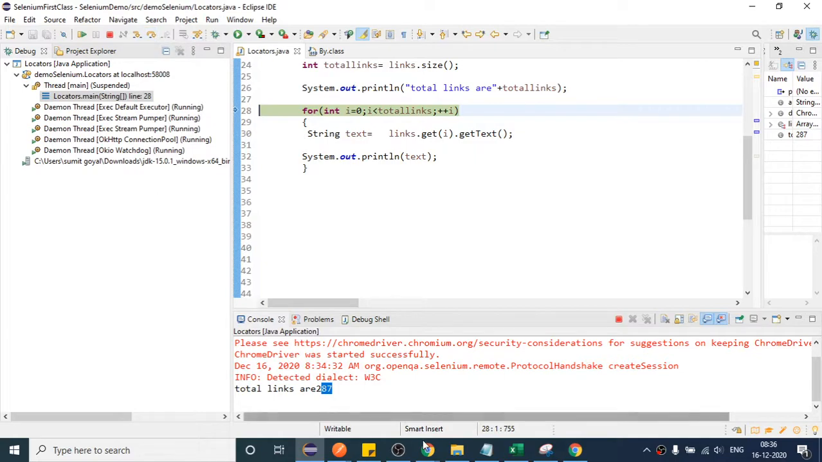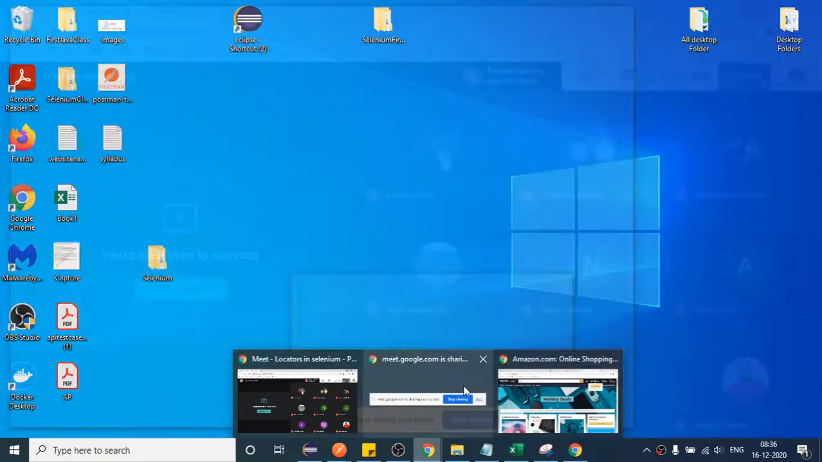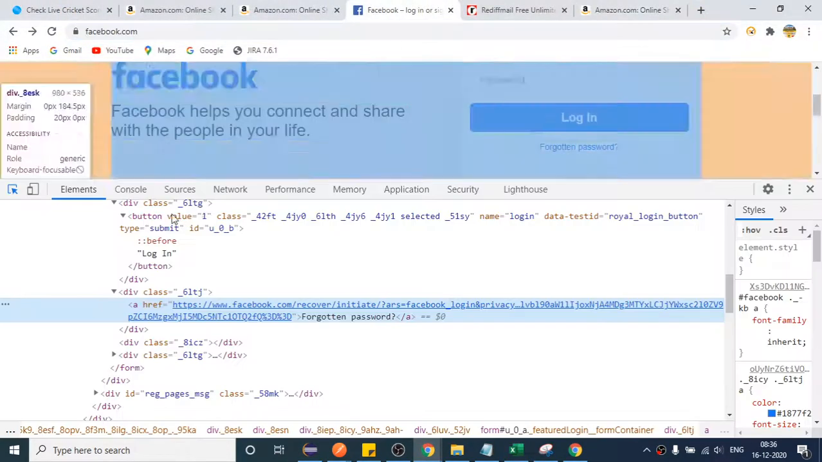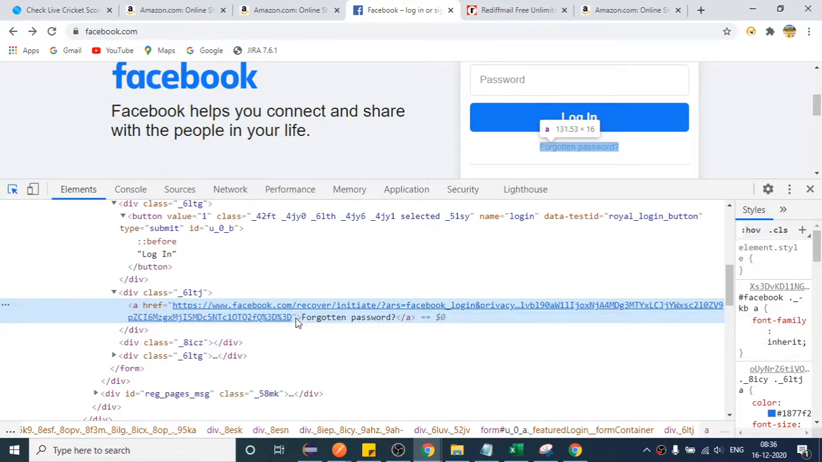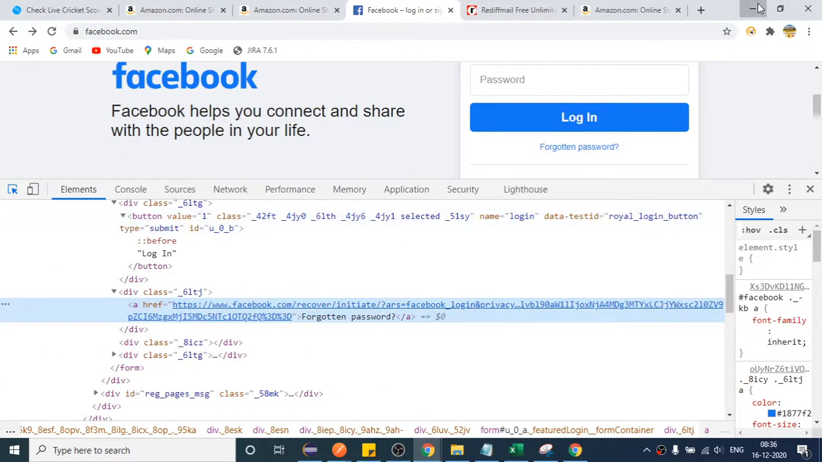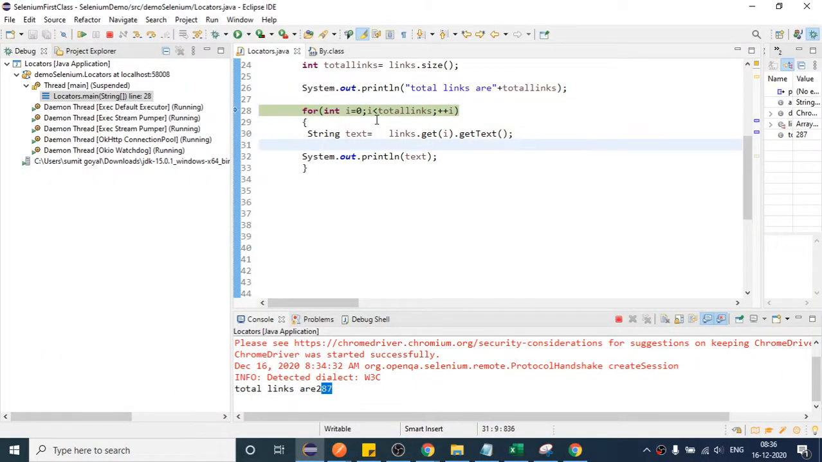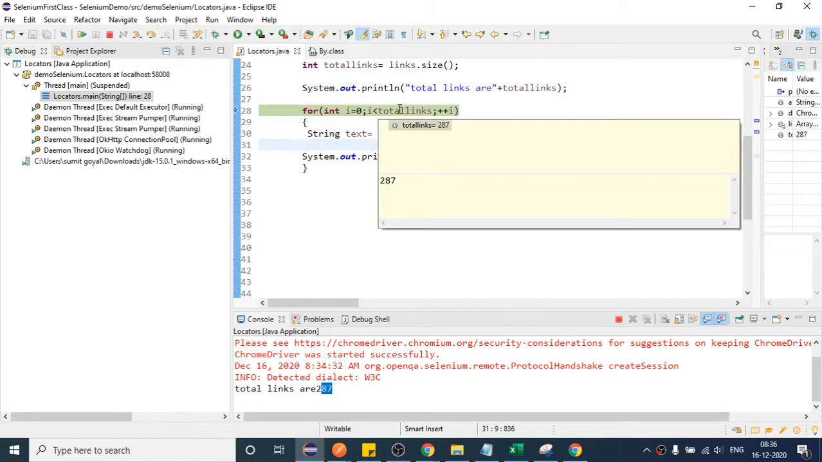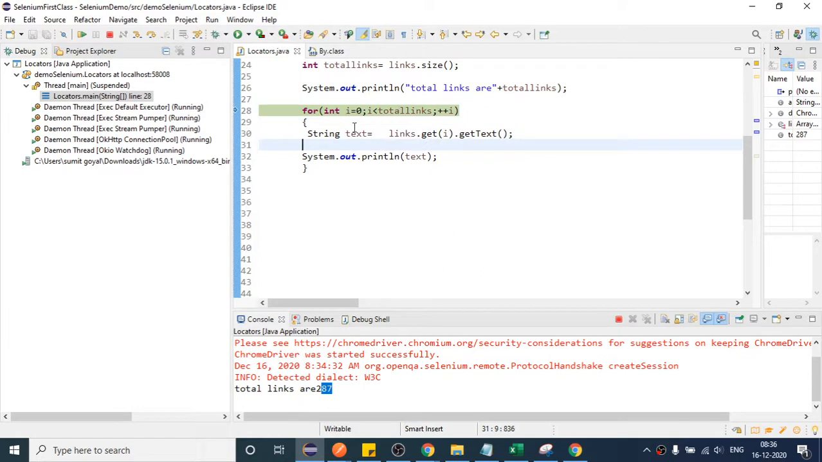Sorry, I want to print the link. What I am trying to do: if you see, this is the link. I want to print this link, whatever link you are seeing here. How can we do it? I have used one for loop. This for loop will run for 0 to 286, so total it will run 287 times. Now one by one I am saying